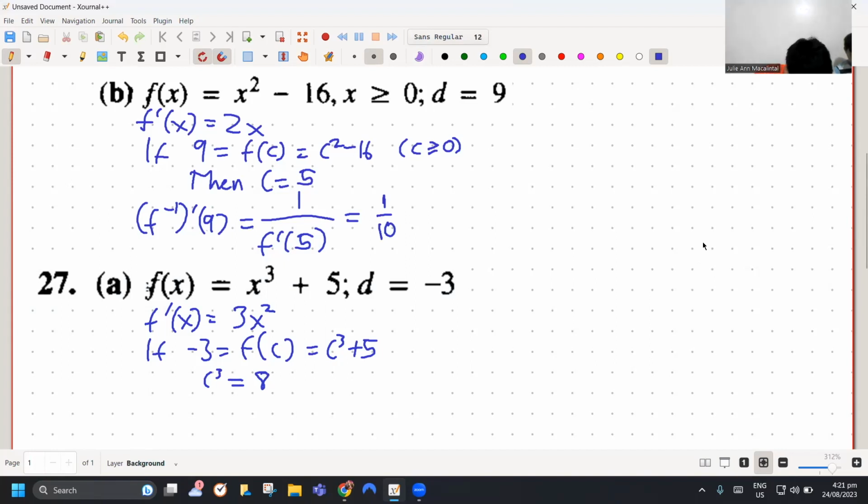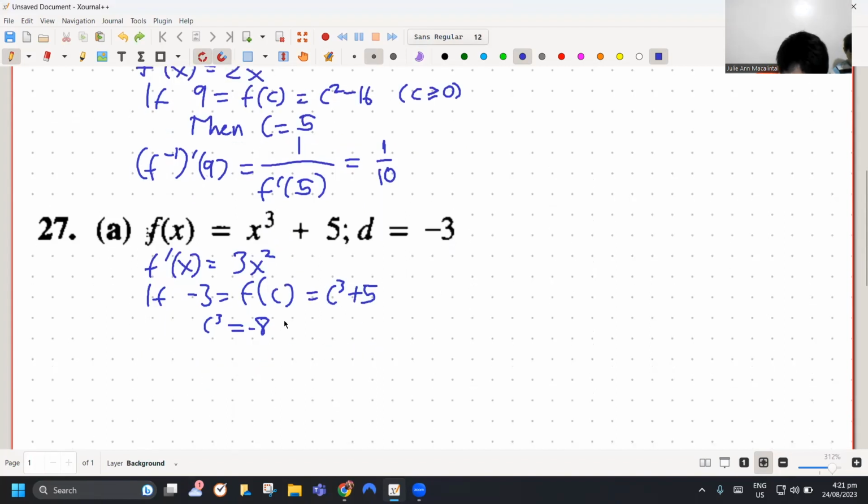Teka, c cube is Q, pwedeng kala hindi ko siya 8. Yan, so negative 8. Akala ko mga ano pala. Ito pa, meron pala 3 na magpapatuloy pa. Okay. So,